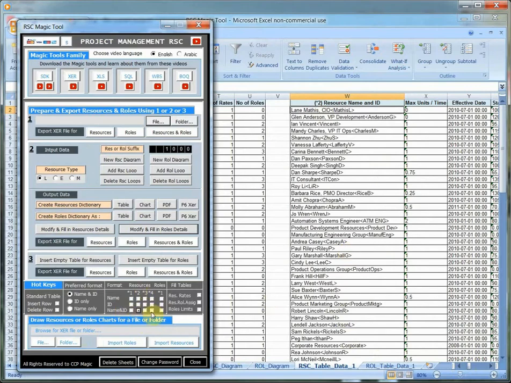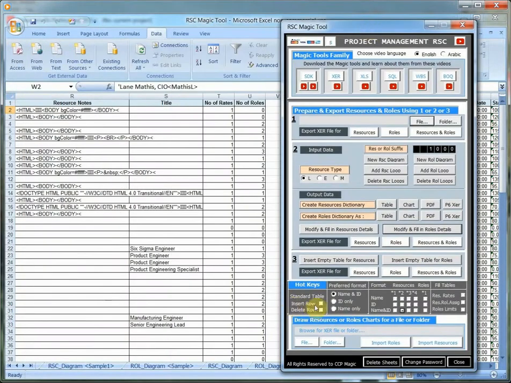I can use this option to change the format according to the format that I usually use with the resources or with the rules. This is an important option. You can use it to insert new resources or new rules, or to delete the resources or the rules. It's better than using Excel commands, because you will insert the resources or the rules only in the table that you want to modify. For example,